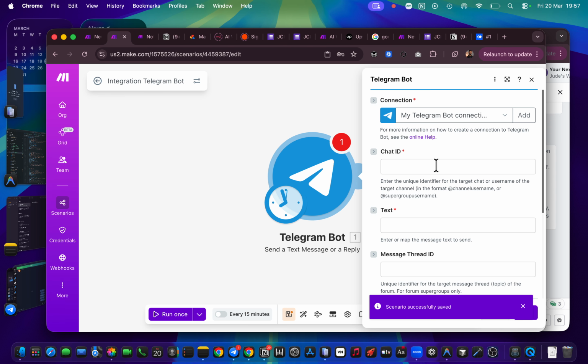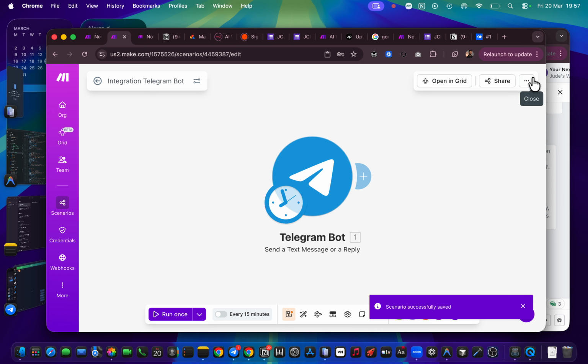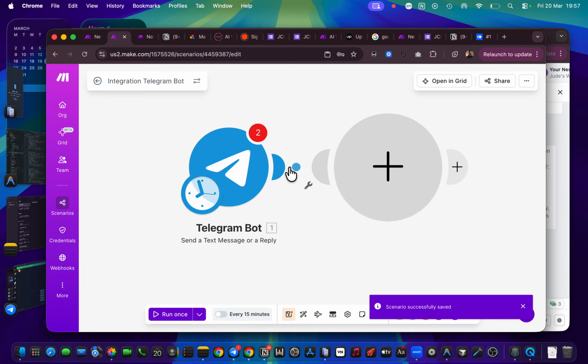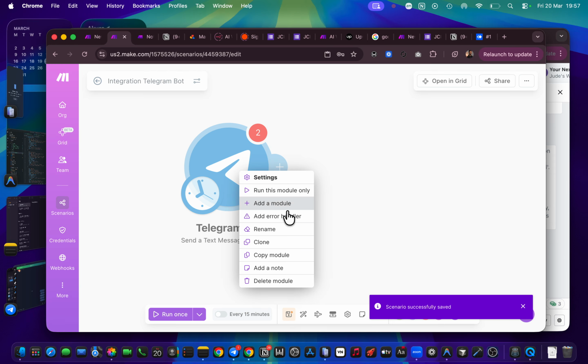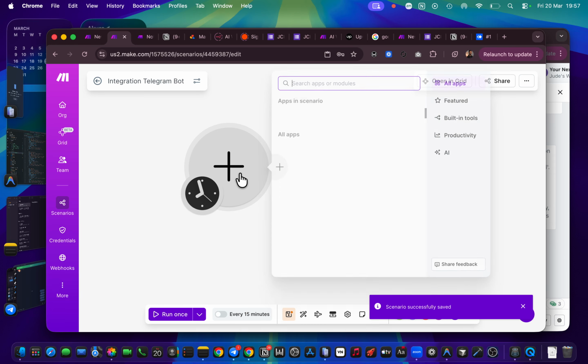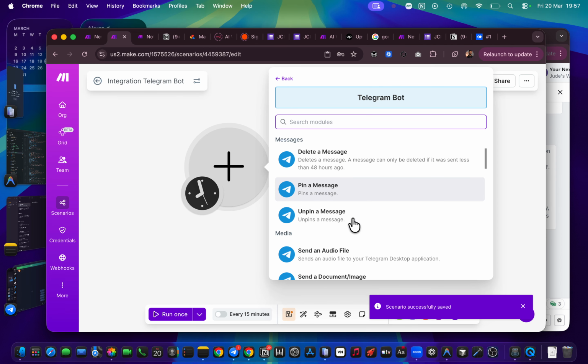Now I have to look for the chat ID. One of the easiest ways, let me just start. Send or receive, send, oh, this is send or reply. So I chose the wrong bot. I'm supposed to take a bot that says receive.